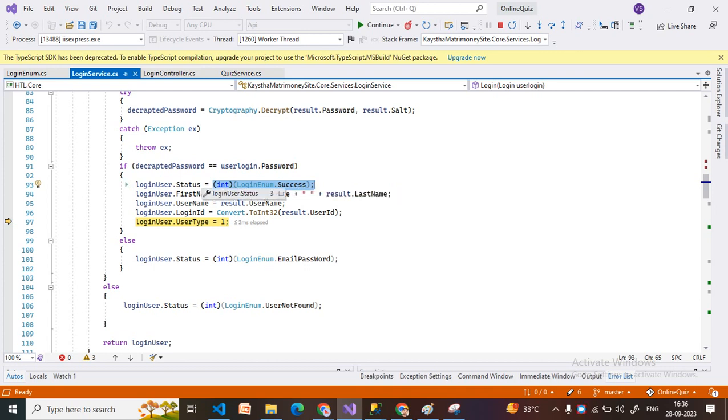And I wrote the value of 3 here. Suppose I wrote login user type is equal to 1. Correct. So how to identify this thing? What is the meaning of one here? Suppose as a developer, I know user type means maybe admin or system admin or maybe another user role, just like a user type admin, system admin. But one, how to identify these things? What is the meaning of one here? So it's also challenging. So we have to create one enum